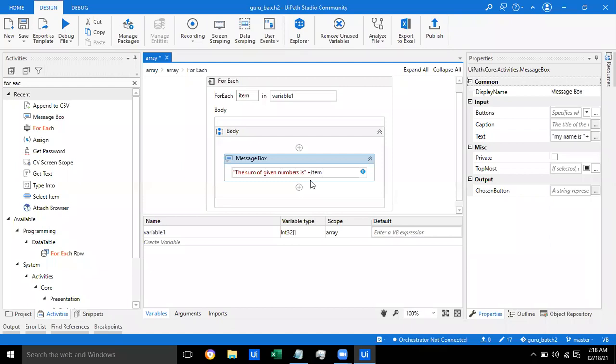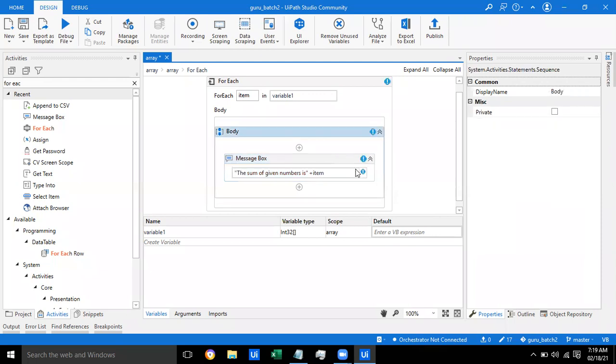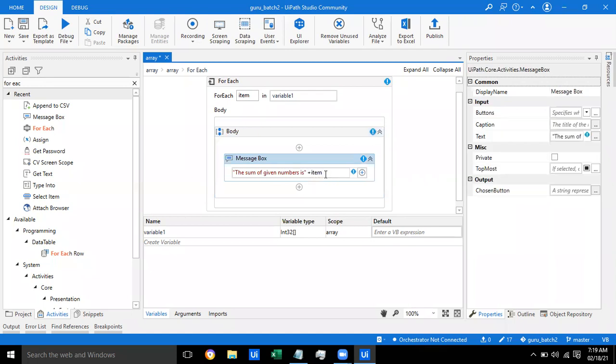Plus item. This item. What was it? I think that's it because the variable is already marked as integer. I think we have to change the variable type, but it's already integers. Item dot to string.